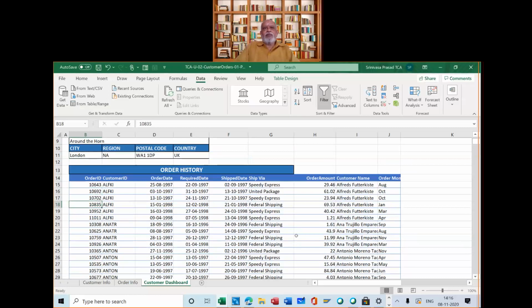If you remember, when we come here, I wanted to show you. On the data, whenever I click here, because we will have to make it as a table. So we have made it as a table.